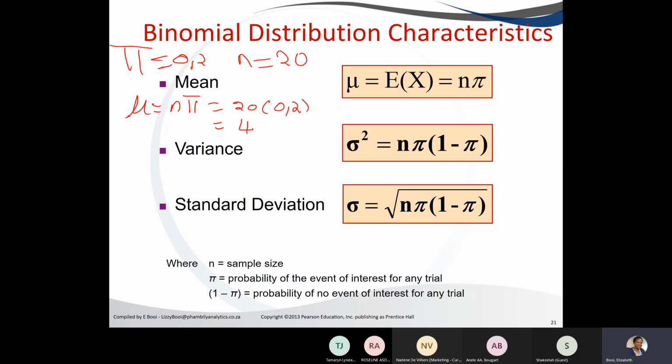Calculating the variance, which is sigma squared, we know that it is 20 times 0.2 times 1